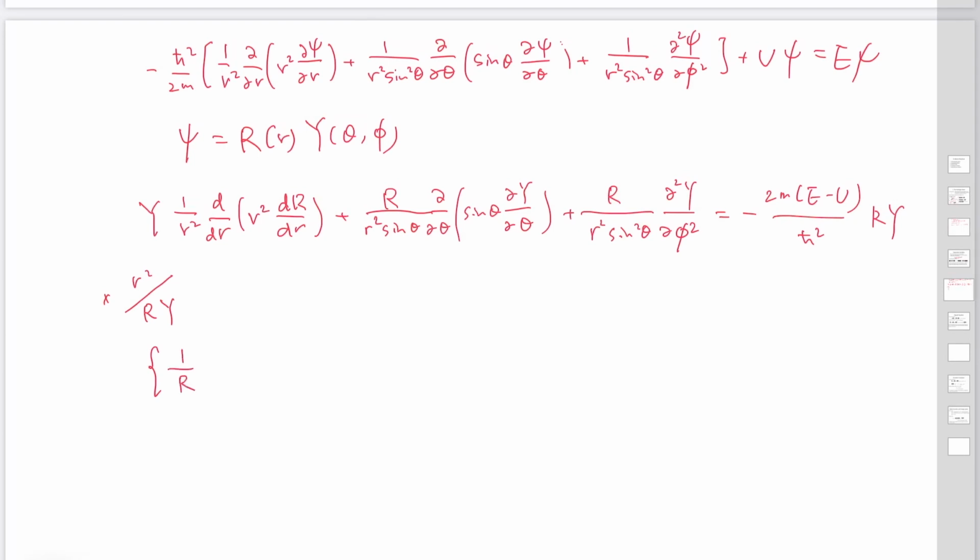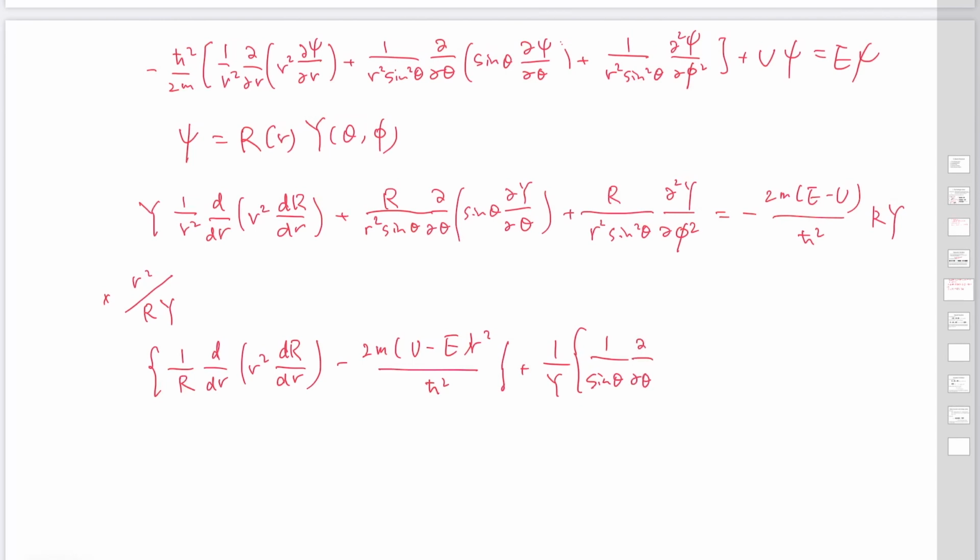1 over R d/dr of r squared dR/dr, minus 2m(U minus E) r squared over h bar squared, plus 1 over Y times 1 over sine theta partial by partial theta of sine theta partial Y by partial theta, plus 1 over sine squared theta